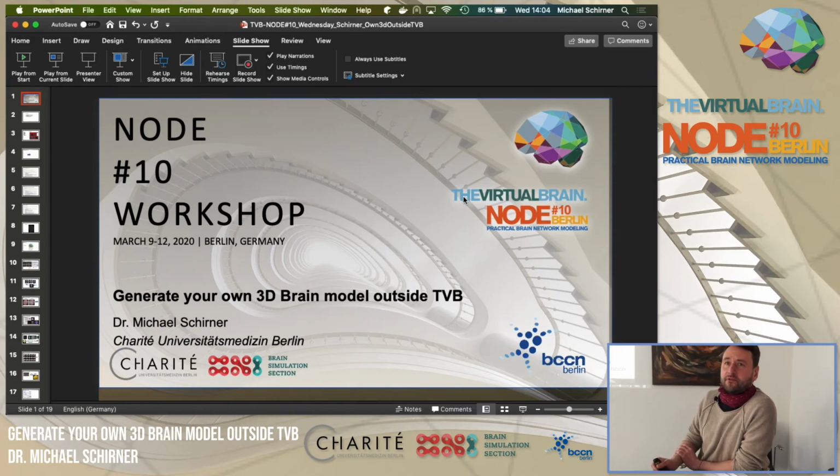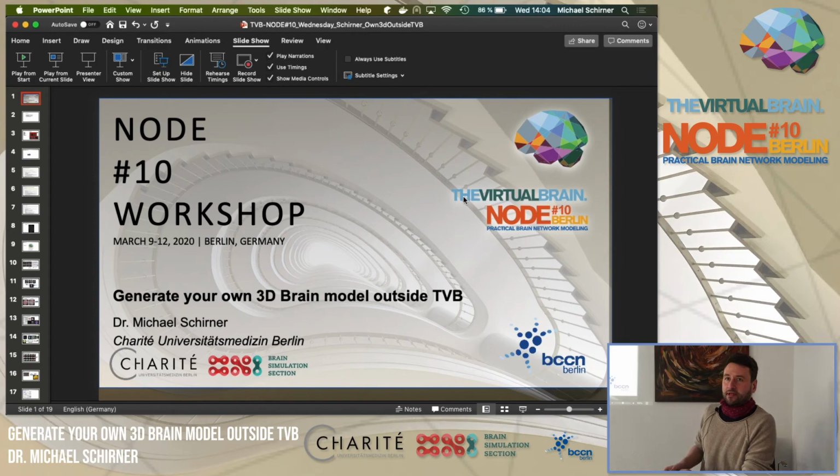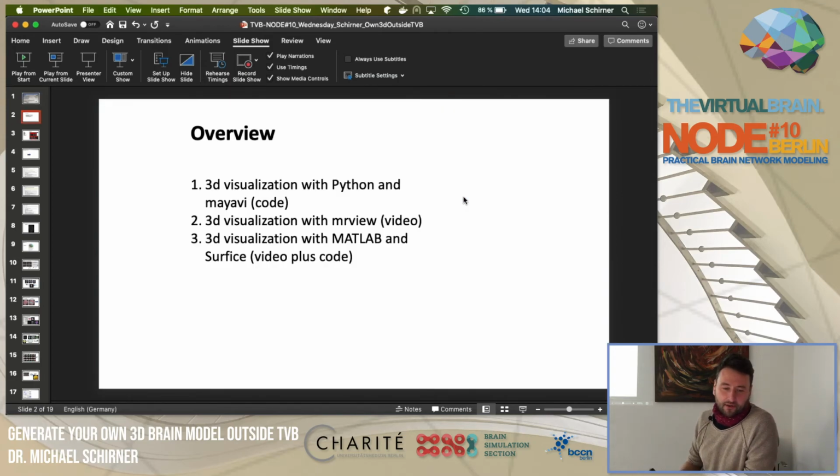I think you already saw a few options to visualize it within TVB. So TVB has also this viewing options. Here we look at some options outside of TVB. And we'll go through 3 examples. The first one is, if you want to just quickly visualize the data without much ado, without much coding, there are